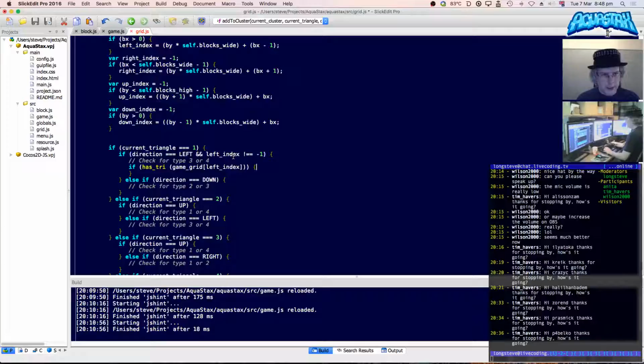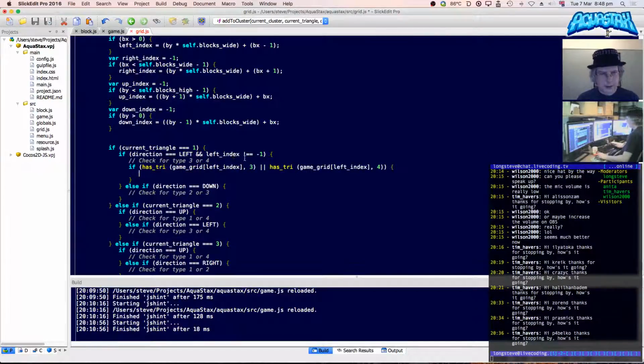Has triangle, game grid left index of type 3, or has triangle left index of type 4. So that'll tell me whether or not there's a matching triangle, and then I need to figure out what type